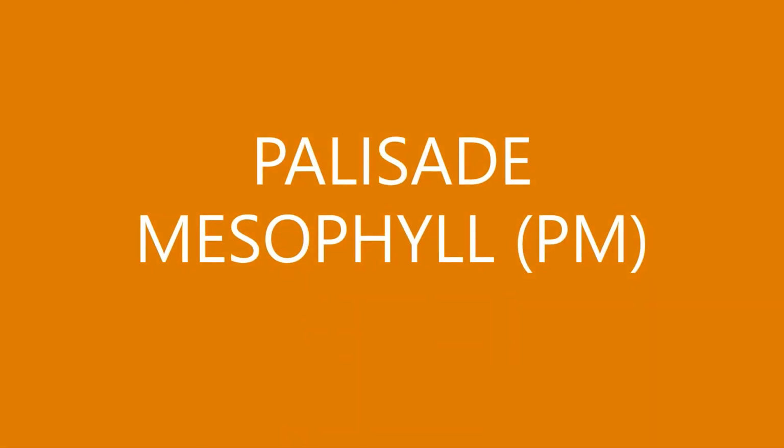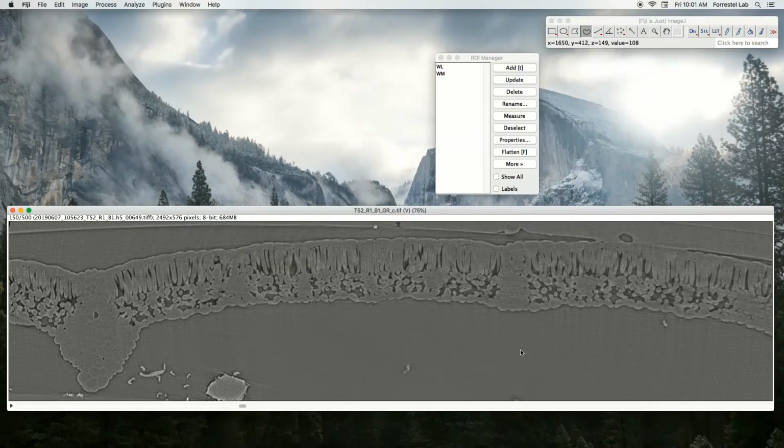Next is the palisade mesophyll. Here you're able to use the previous measurements you've made, such as the mesophyll. So just draw on the lower boundary of the palisade tissue. Make sure you don't leave the shape open. Close it off like seen here. And then once you add it,